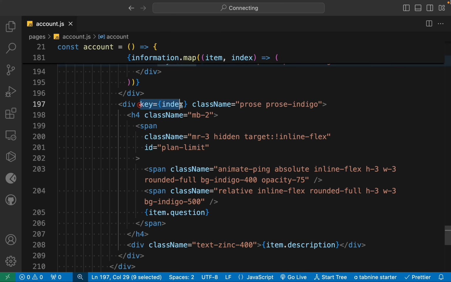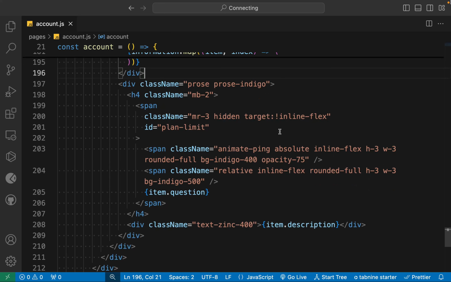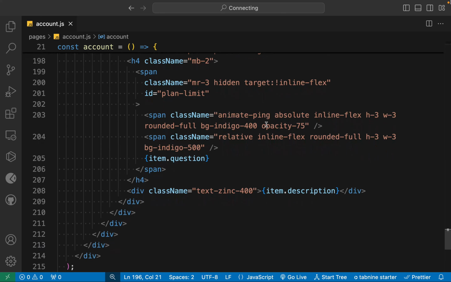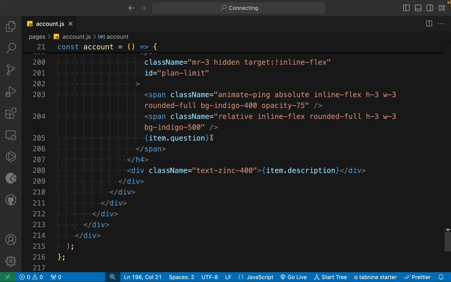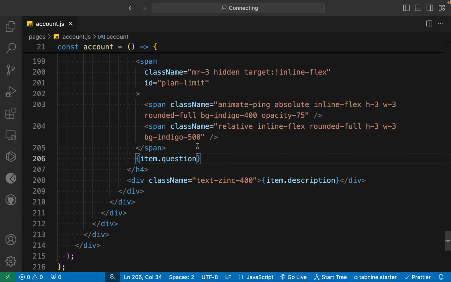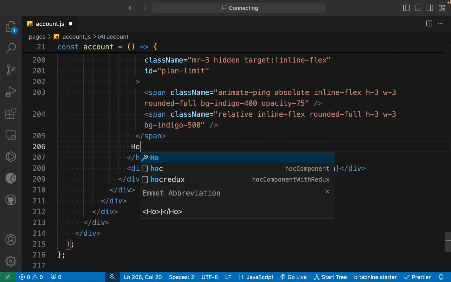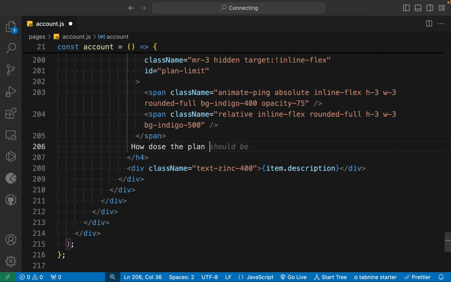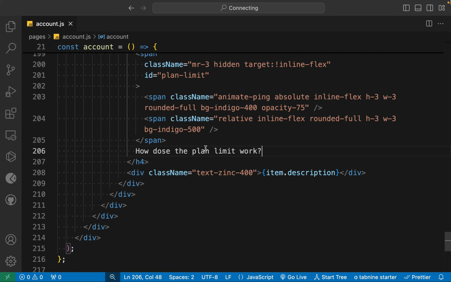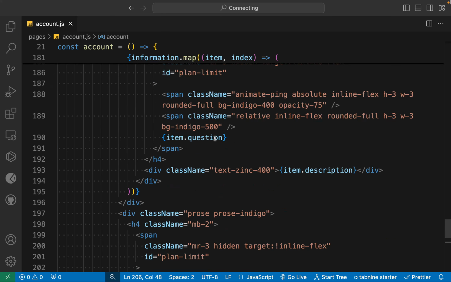Let's remove this one, and it's going to have the same classes, the same structure. No need to make any changes. Okay, I can see one thing. I can simply take this question and cut and paste here, and I have to do the same thing on top as well. This will be called how does the plan limit works, and here I have to do the same thing. Cut this one and paste here,